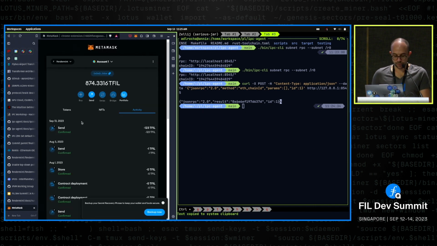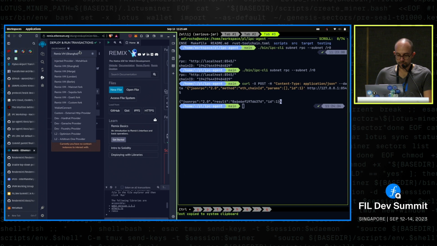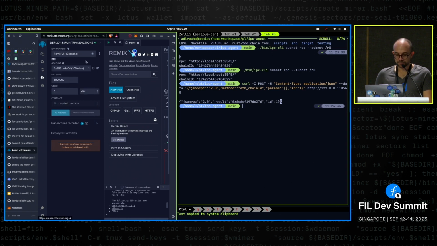And now if I update, you see that the interaction is the same. And we could even go to Remix here, connect my MetaMask and deploy my